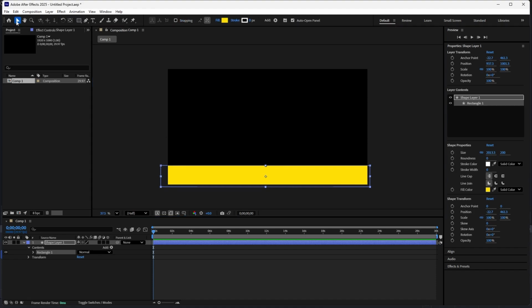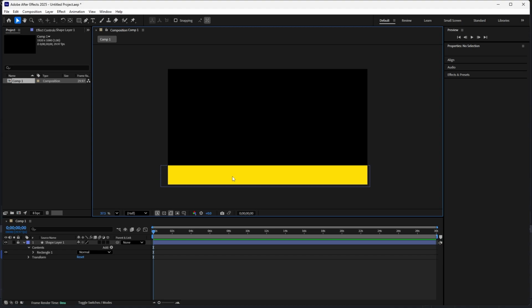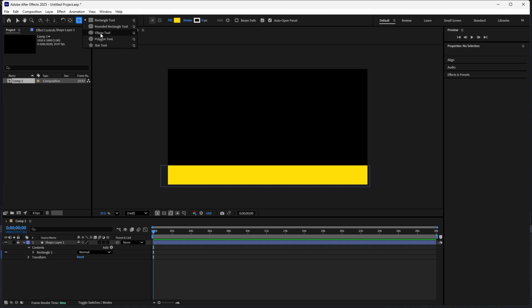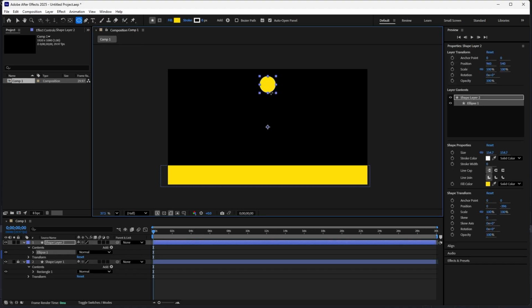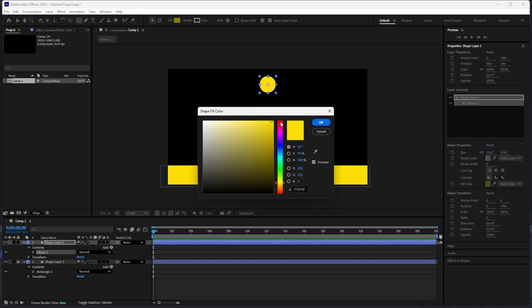Over that, we create one ball. Okay, first let us unlock this so that we can move it. Here, what I am doing, I am drawing one ellipse. So this is just like a ball, right? I'll change this to a red color,